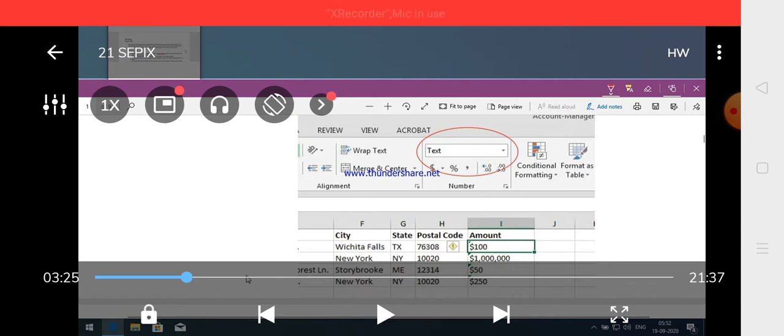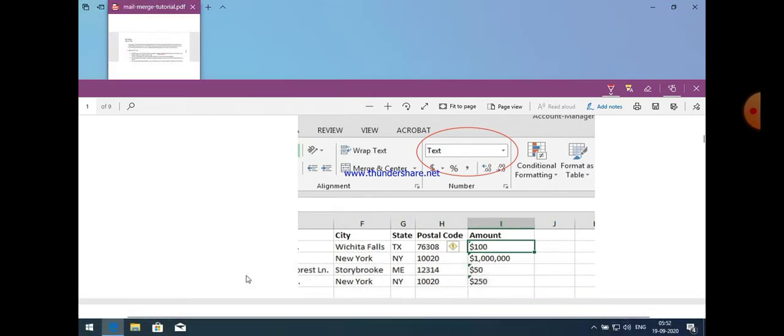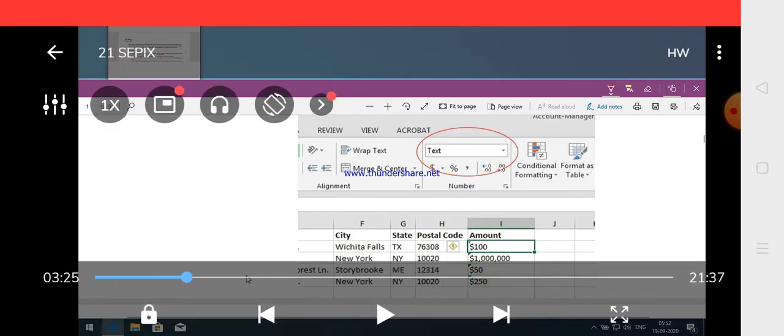Now I think that is clear to all of you. The mail merge option is basically used to send a particular type of information, suppose a letter, some important content, or an invitation to your friends or to some important people. For that purpose, first make a sheet in MS Excel, which gives you the details of the different persons to whom you want to send that data. After that, you should write the letter, content or invitation, whatever you type, to send to these different persons or addresses that you made in MS Excel.